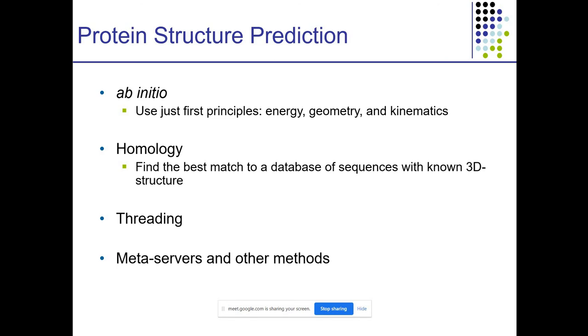First we have to identify the template. If we find a suitable template, we can use the template structure from the database to model the new protein. We will discuss it in detail also.